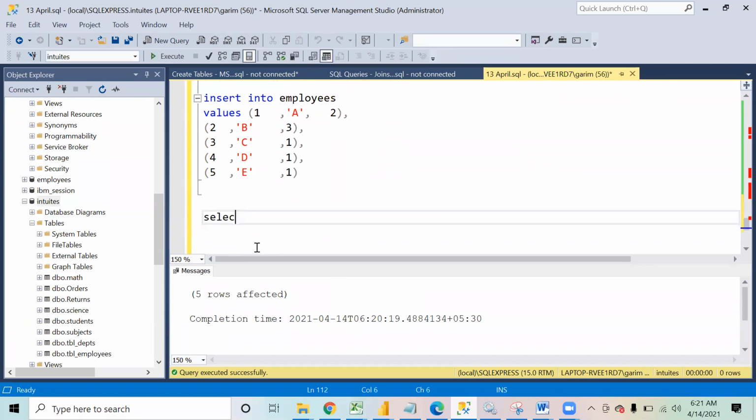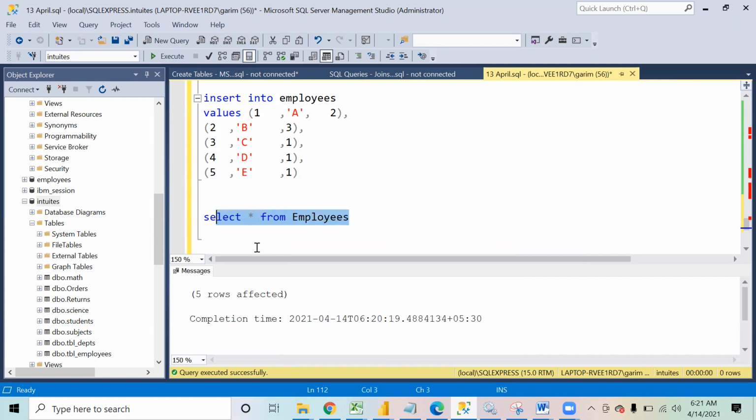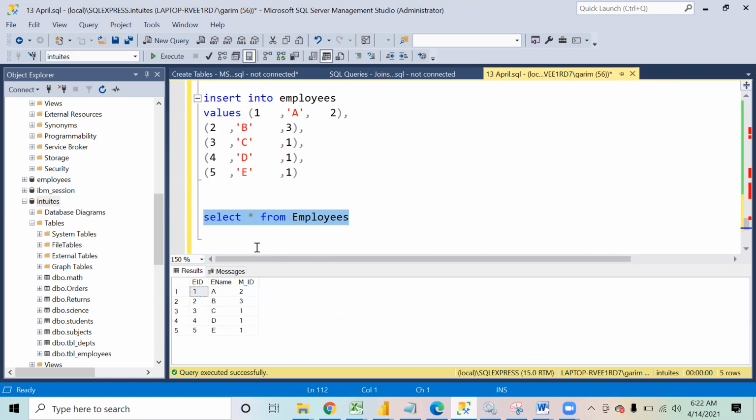Now I will select star from this table so I can see the output. I'll call this table E. Then I use inner join with the same table, and I'll call it M. So the first time I'm calling it the employee table, and the next time I'm calling it the manager table.